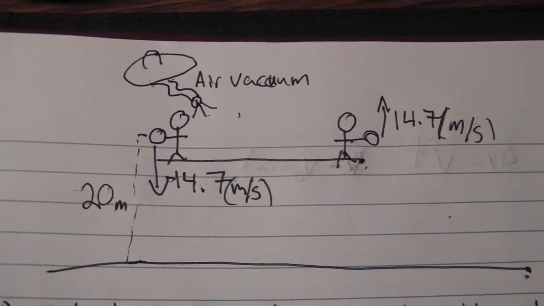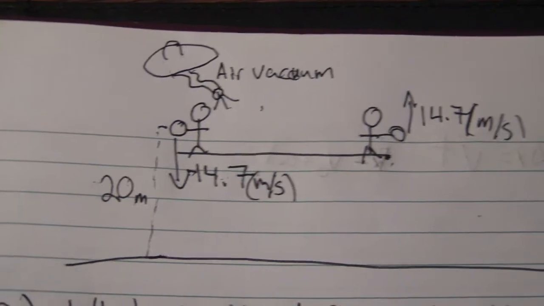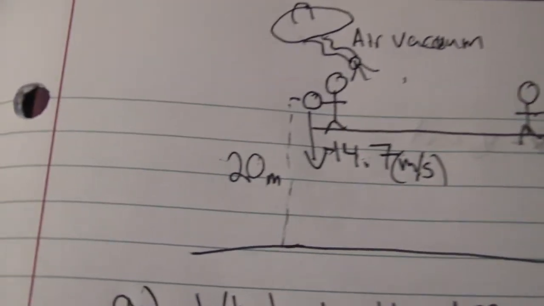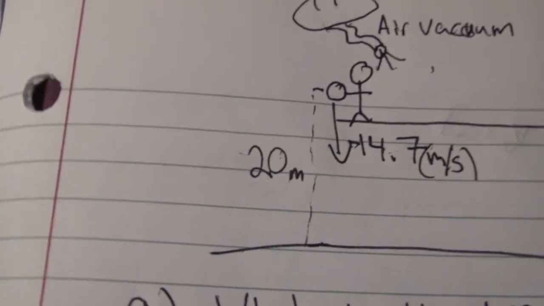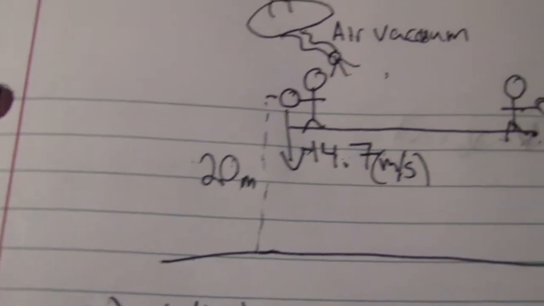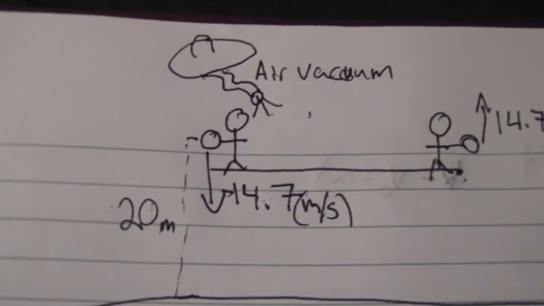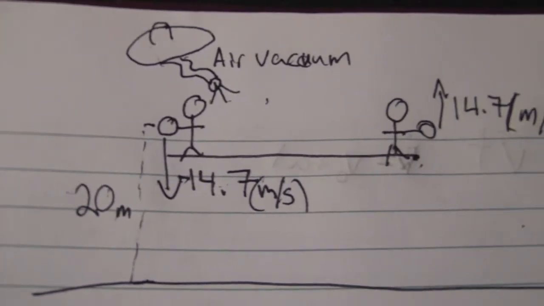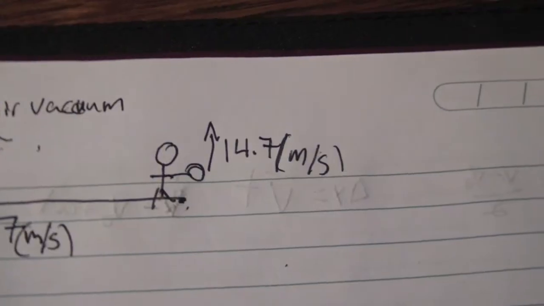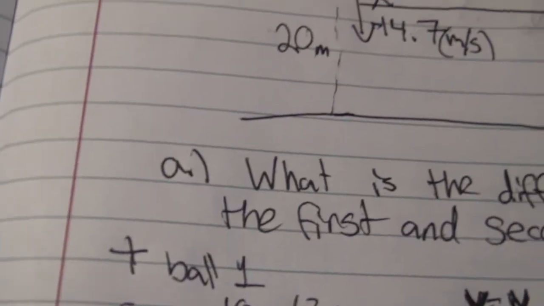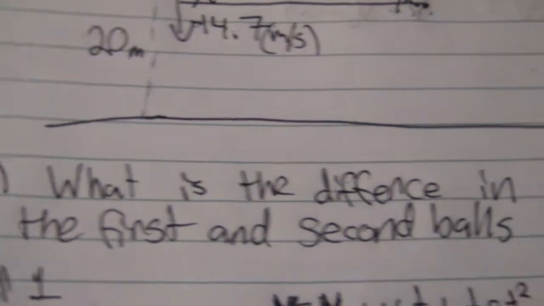Imagine the situation. Two brothers are situated above a platform 20 meters above the ground. There's a UFO sucking the air out of the environment, so there's no friction from that. One brother is throwing the ball down at negative 14.7 meters per second, while the other brother is throwing the ball up at the same speed. Our question now becomes, what is the difference in time from the first ball hitting the ground to the second